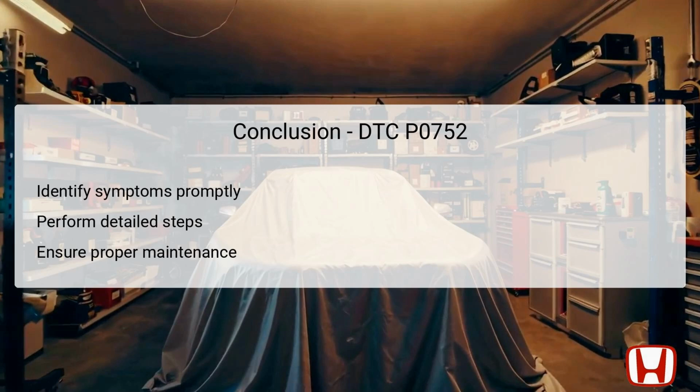By identifying and understanding the symptoms, such as erratic shifting and slipping, vehicle owners can act quickly to seek repairs. Following the detailed troubleshooting steps ensures that all potential causes are adequately addressed, leading to effective solutions. Repair verification plays a pivotal role in confirming that the problem has been correctly resolved before returning the vehicle to